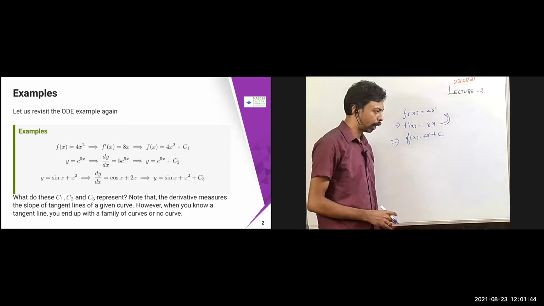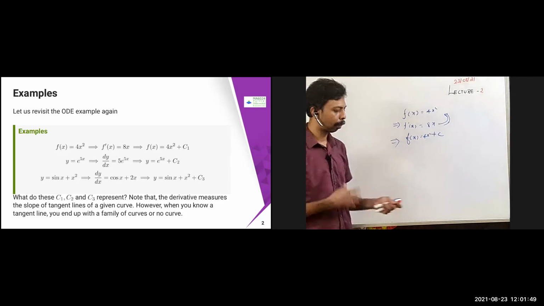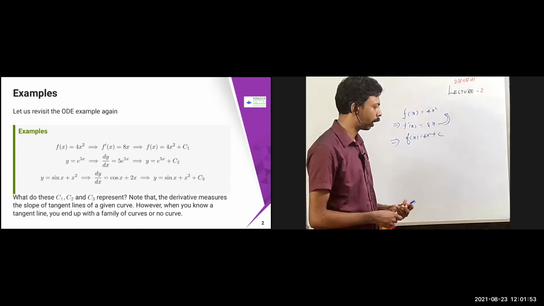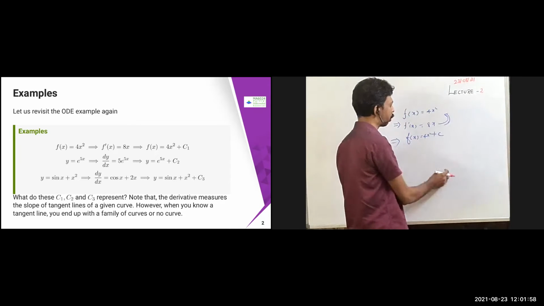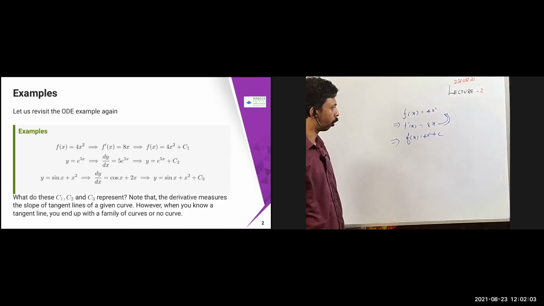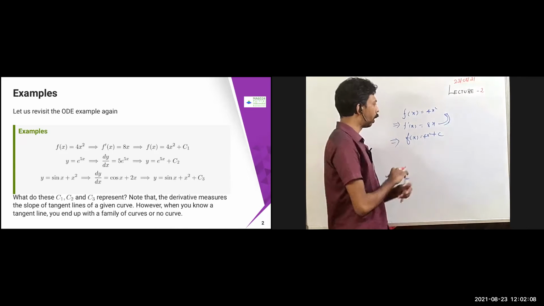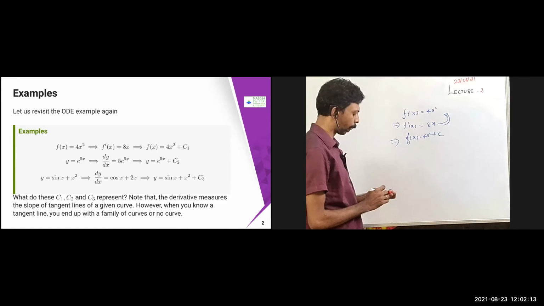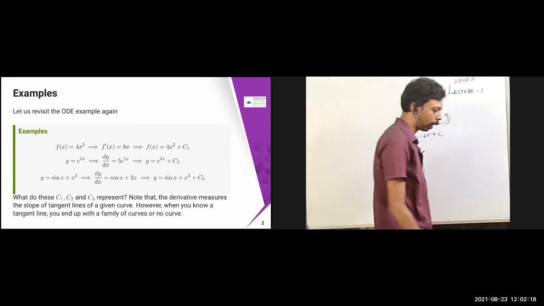Similarly, if you take y equal to e power 5x or y equal to sin x, you can find dy by dx. But once you come back the reverse way, you are not going to get the same thing, because you are going to get a family of curves. Here c is nothing but some constant. So instead of f of x equal to 4x square, you are going to get a family of parabolas. I have taken a simple parabola for which f dash of x gives you a straight line. But if this information is given, I'm going to get a family of curves. I'm not going to get the unique one.